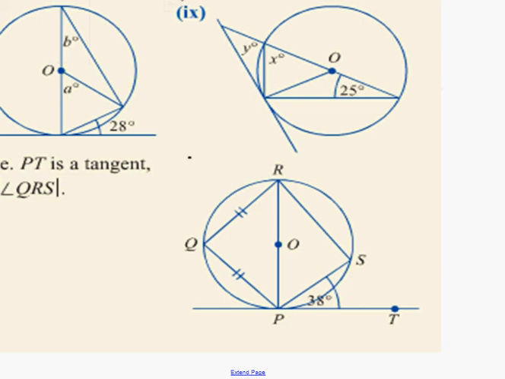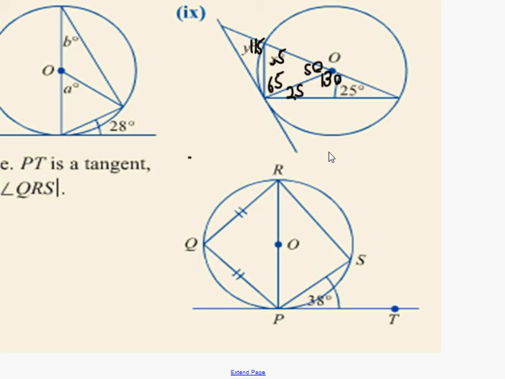Okay, so lads, what we have here is we already agreed that that's 25. We agreed that that was 130. That's 50. That was 65, and that there was 65 as well. That makes this angle in here 115. Sorry, you're right, 115. And then we need to find out